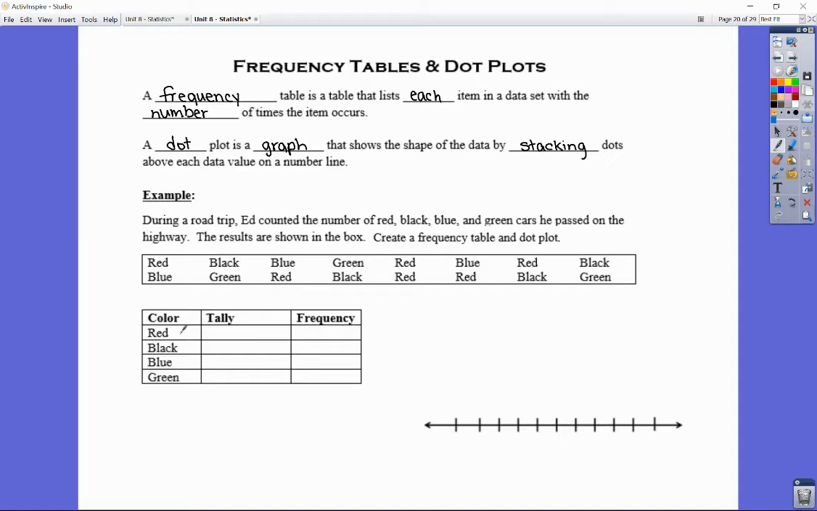In the table below, we have a column dedicated to the color of the cars, a column for the tallies of each car that we see of that color, and a column for the frequency. In order to complete the frequency table, we have to tally each time we see the particular color car. For example, in the table above, we see a red car, so we're going to put a tally in the tally box, then a blue, and a black, and a green,